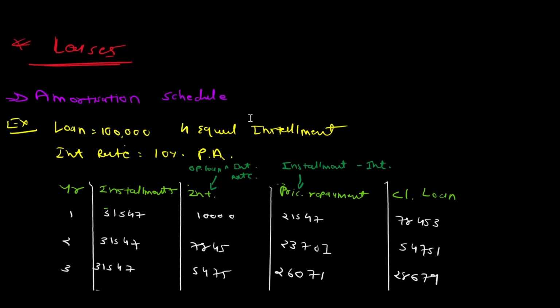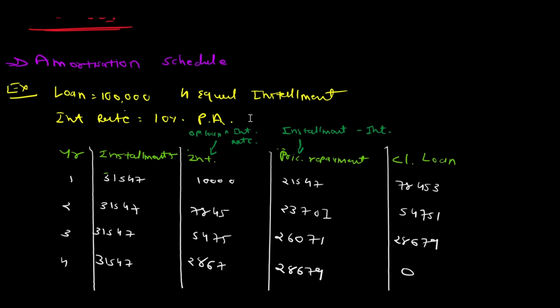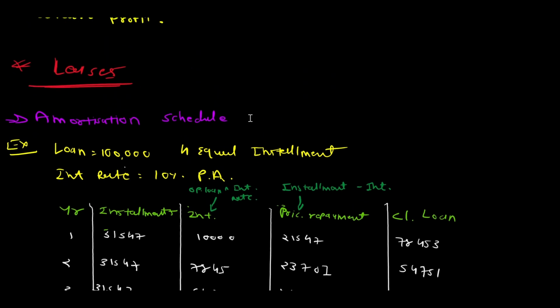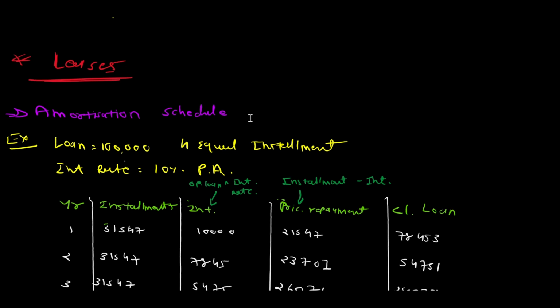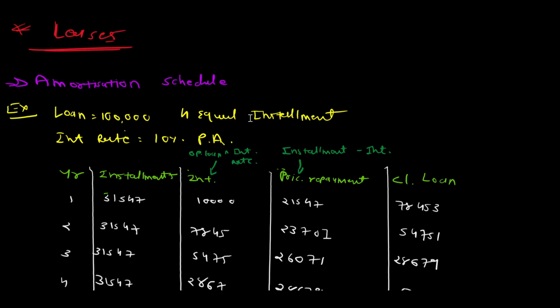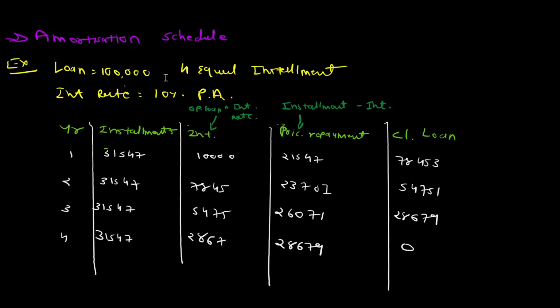So leases are basically a rent agreement. Before understanding leases, we need to understand the amortization schedule or table of the loan. Here the loan amount is 1 lakh for equal installments. Interest rate is 10% per annum. So my installment comes to 31547,